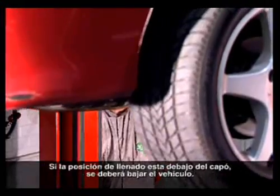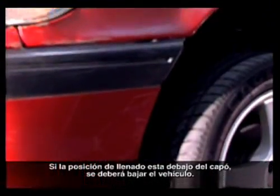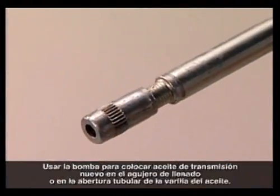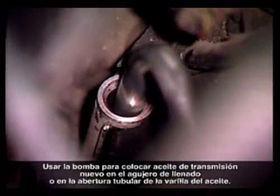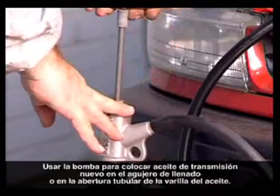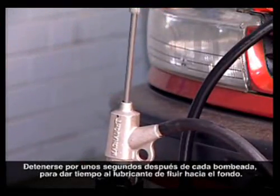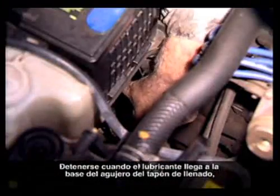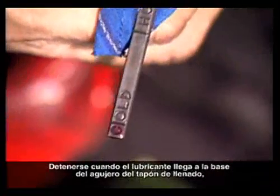If the filling location is under the hood, you will need to lower the vehicle. Clean the nozzle of a lubricant pump with a clean, lint-free rag or paper towel. Use the pump to put new transmission oil into the filler hole or dipstick tube opening. Pause for a few seconds after each pump to give the lubricant time to flow to the bottom. Stop when the lubricant reaches the bottom of the filler plug hole or to the top of the cold mark